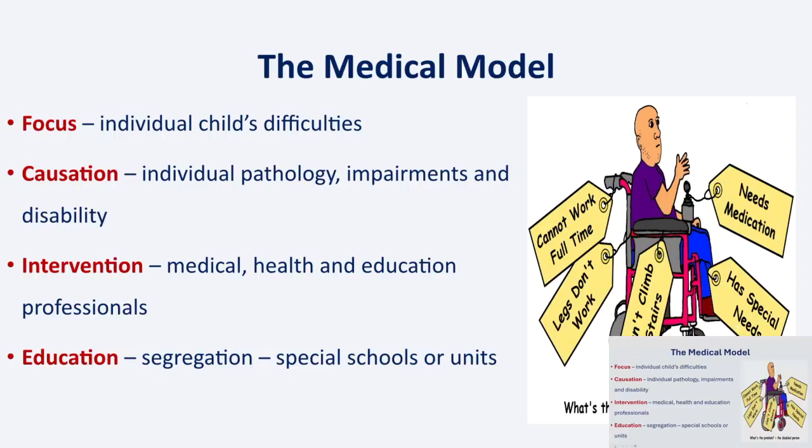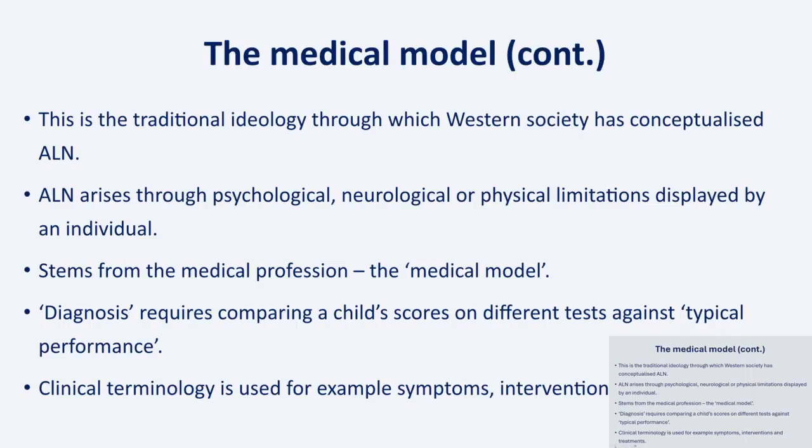And again, thinking about these models in a little bit more detail. So again, these are all kind of Crippen diagrams I've put on here. Main problem is what's wrong with the person. What we need to do is find out what's wrong with them and fix them. And in terms of education, what we need to do is send them somewhere different to be taught separately. Okay, now this is the traditional ideology in the Western world. Key thing here towards the bottom is diagnosis. Okay, we're comparing how different or deviant the child is from what is seen as being normal.